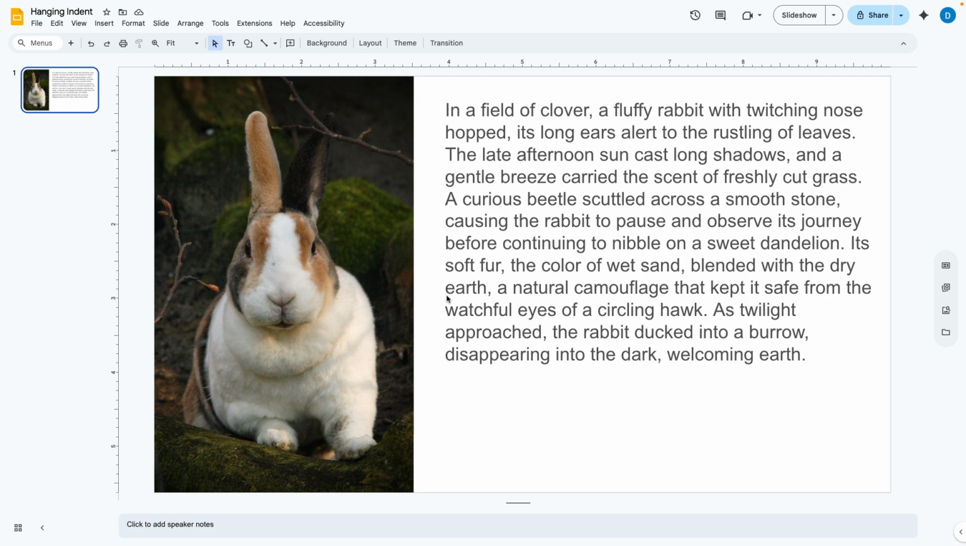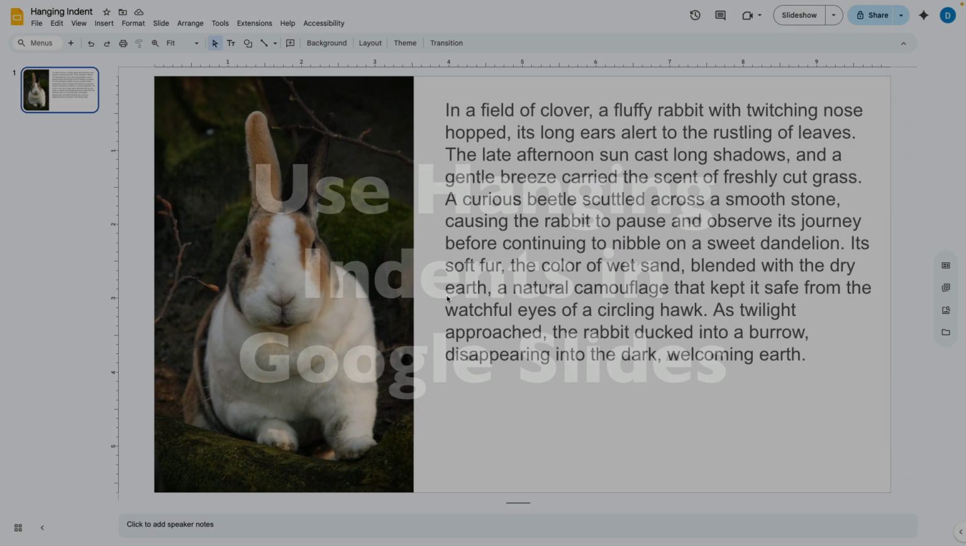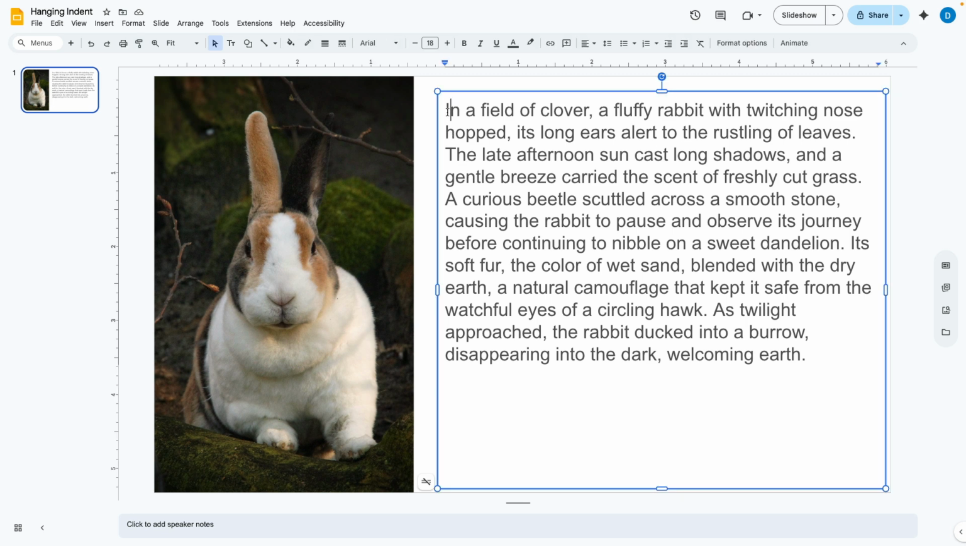This is Darius from therabbitpad.com, and in this video, I'm going to show you how you can use hanging indents in Google Slides. Here I have a slide and I have this paragraph, and I want to have a hanging indent, which means having the topmost line appear all the way to the left and then indenting the rest of